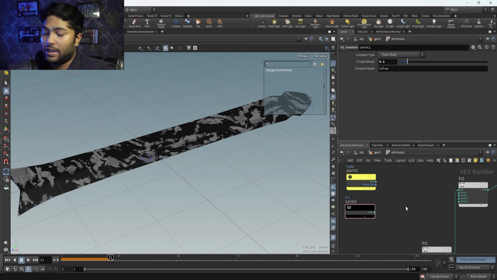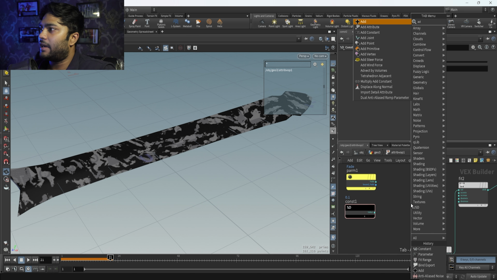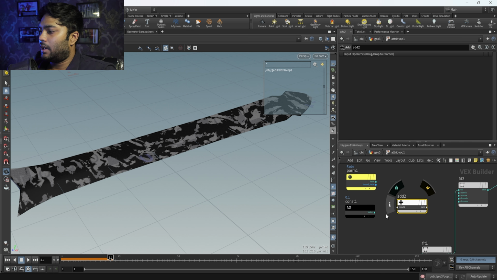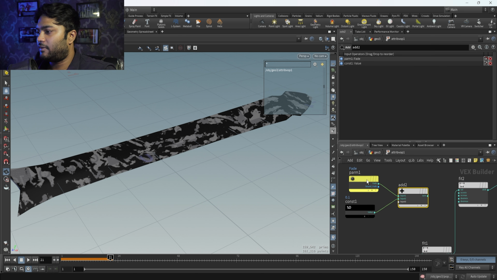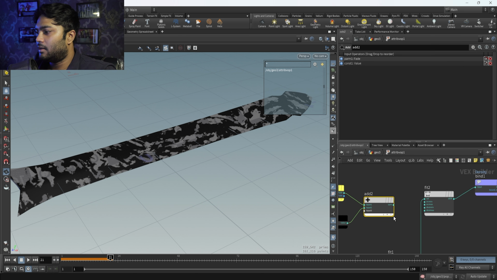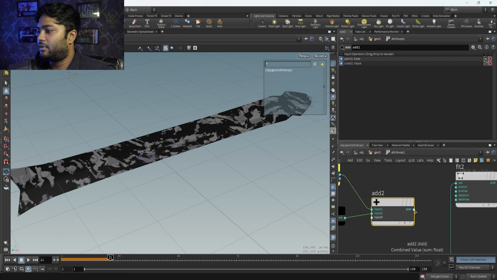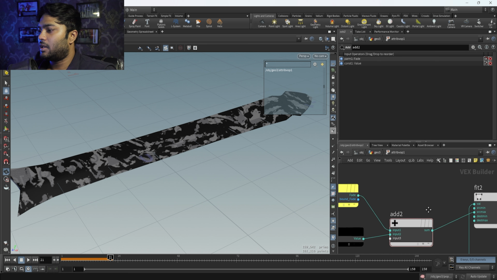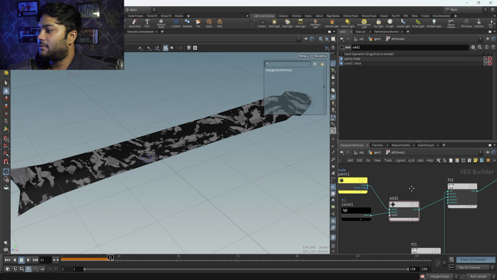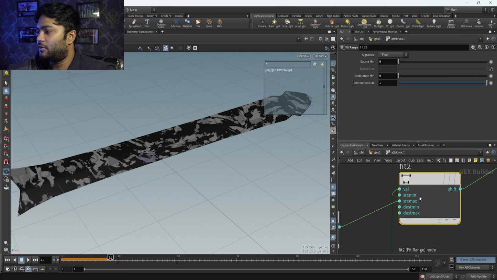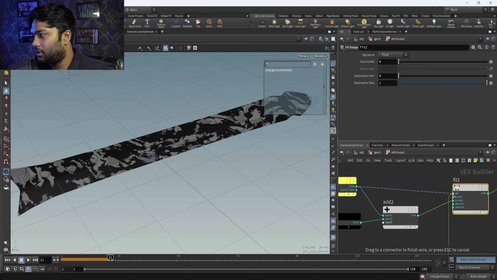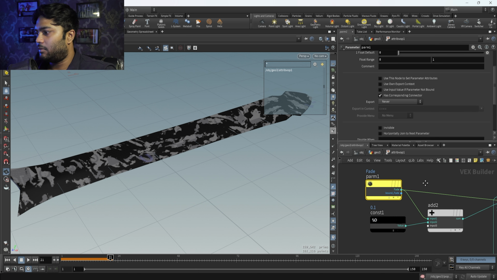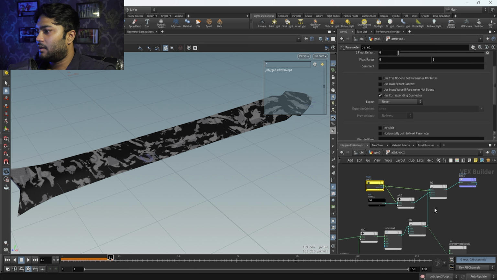After that you have to mix it. For mixing it, you have to take one add node and plug into both the inputs, the fade input and the constant input. The output of this add, you have to just go to the max output. And the minimum input of the fit range, you have to enable it to the fade input. Like this you have to do that.